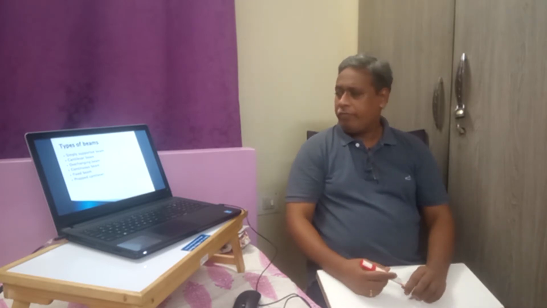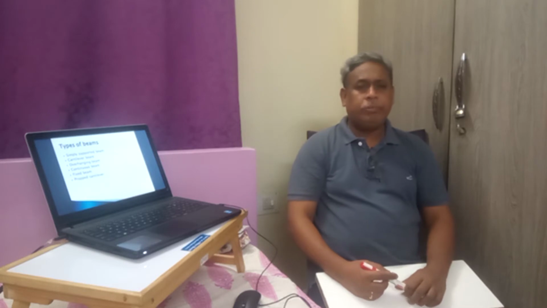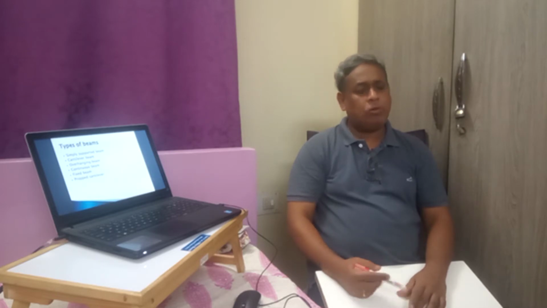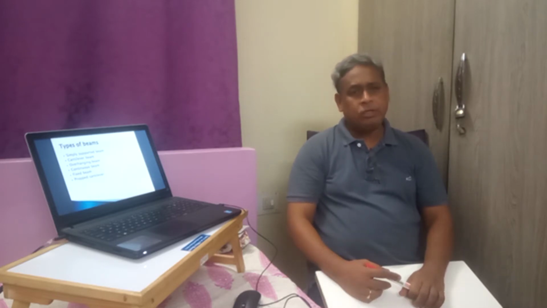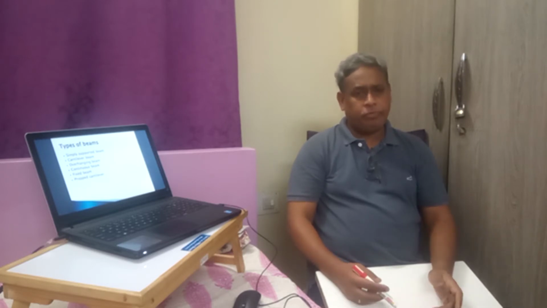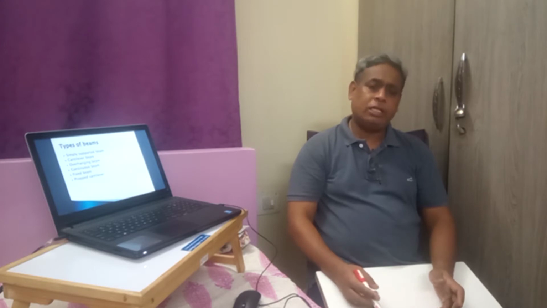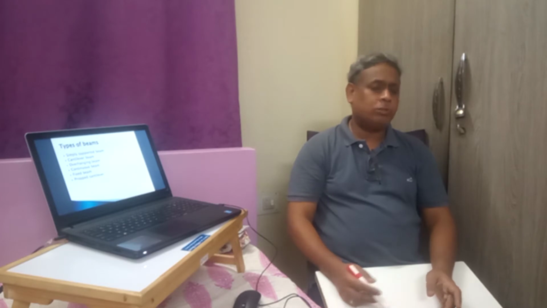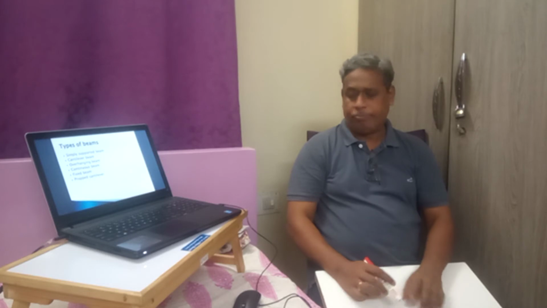Similarly, if we take the case of a continuous beam, these beams have more than two supports. Here the beam has two or more spans. That is, it has a minimum of 3 supports or more. Then it is called a continuous beam. The intermediate supports may generally be simple supports. The end supports may be simple supports or fixed supports. In both cases, it is called a continuous beam.